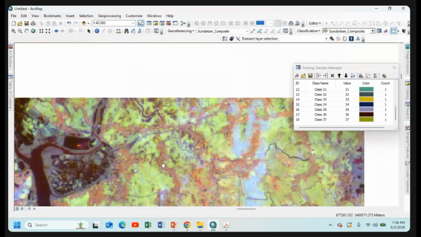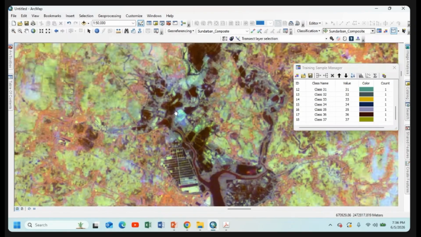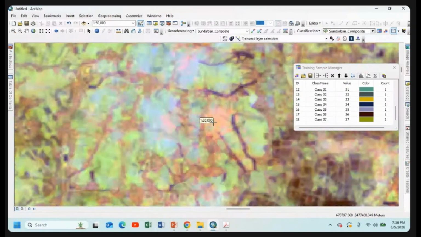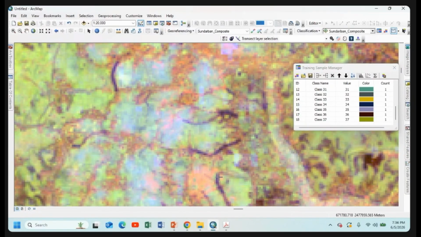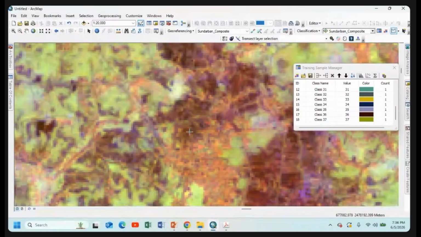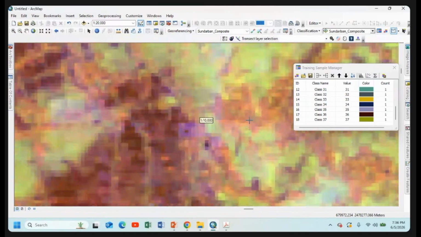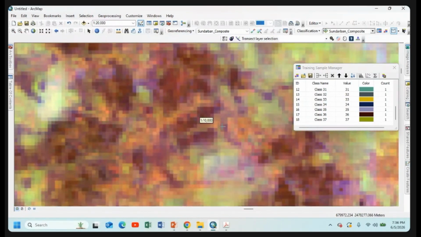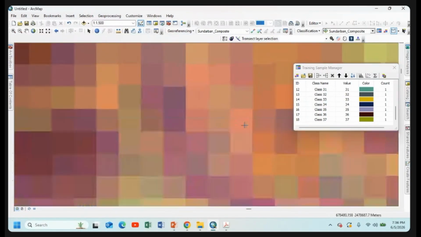Try to take from another side of the map. Here there is some cloud disturbance, so the map appears hazy. So I go to another side for perfect visualization.